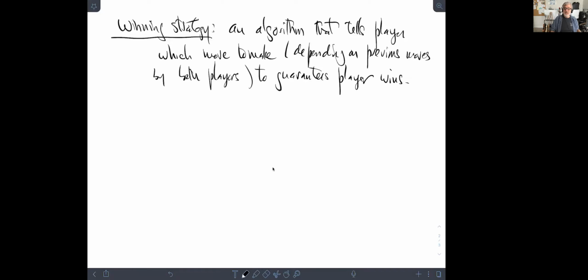But in this particular game, and this is the first remark I'm going to make, one player has to win and one player has to lose. A tie is not possible. Okay, so the first remark, the first observation here,